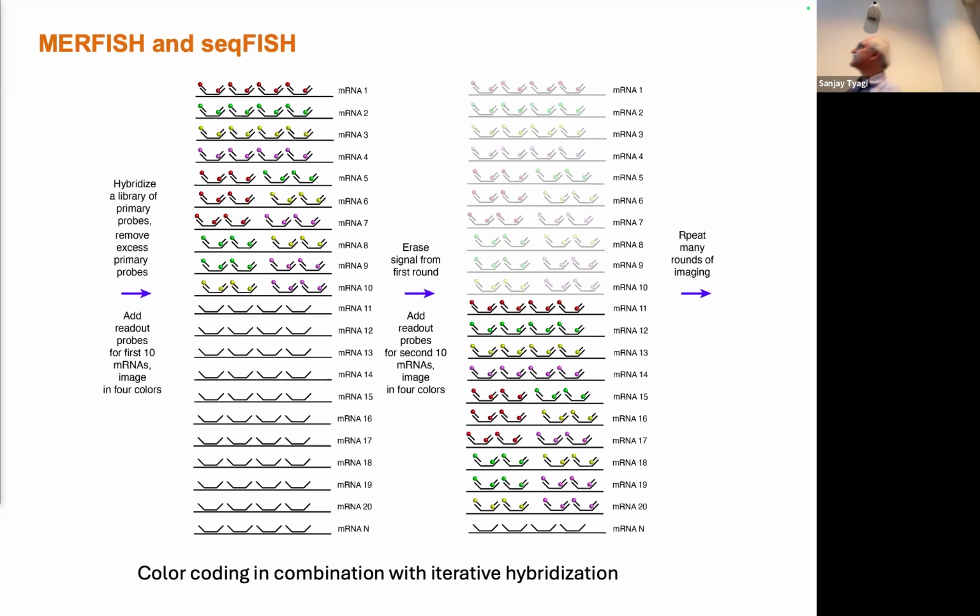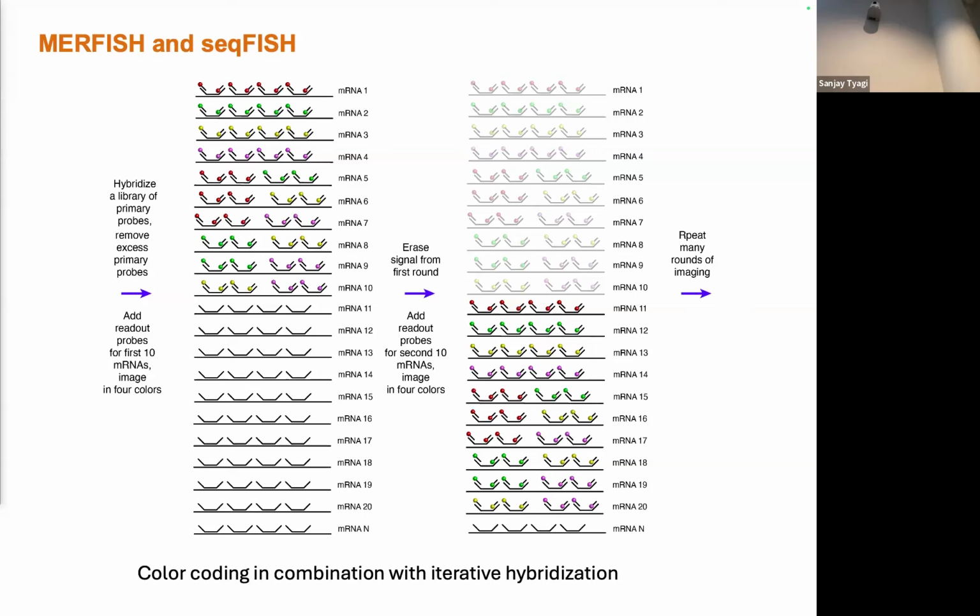So smFISH looks complicated, but it's really simple. In fact, I talked about this in my homebrew test. You do a combination of color coding and iterative hybridization to achieve detection of hundreds of RNAs. And you can reasonably do 4 colors, and 4 colors provide you